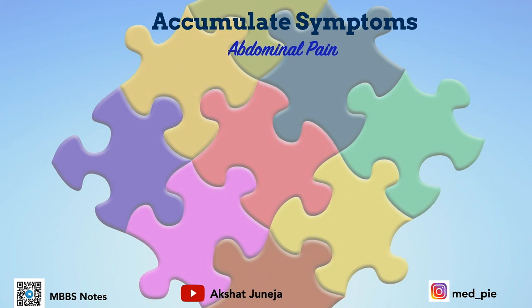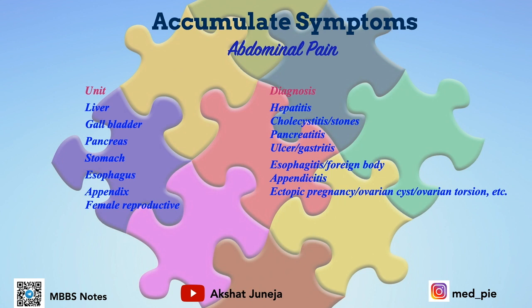Now you proceed further, maybe in next year of your clinical knowledge, you found abdominal pain as a symptom for many of the problem. So now you will sum up that if I studied in liver, abdominal pain was due to hepatitis. If I studied in pancreas, it was due to pancreatitis. And now finally, if in obs-gynae you study in female reproductive tract, then it will be kind of ectopic pregnancy or ovarian cyst. So this can help you in clubbing all that symptoms, because these are some common symptoms and you need to diagnose them well, and this will be given in your clinical cases as well. So you need to know that how you should diagnose it.